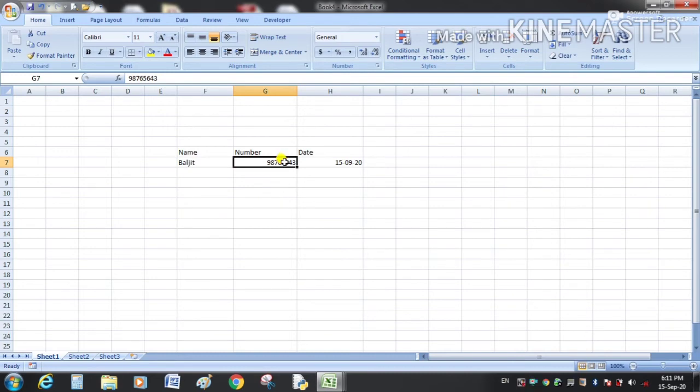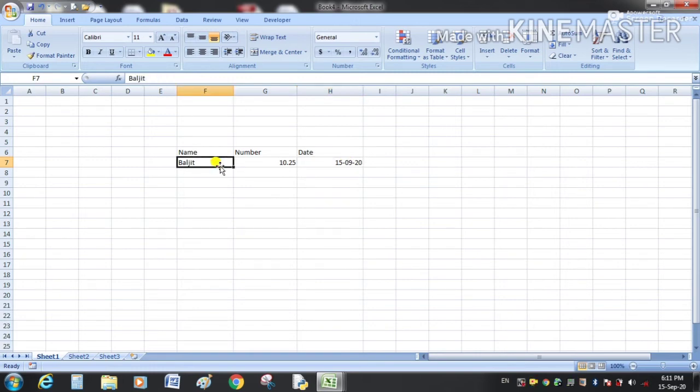For example, 10.25 is a decimal number, and it will also be right aligned. Date has different formats. For example, we can put slash here in place of hyphen. We can also write 15th of September, September 2020. So there are different formats for date, and text is left aligned.